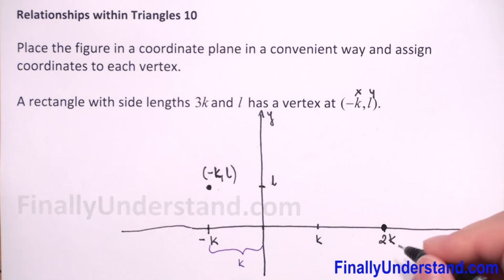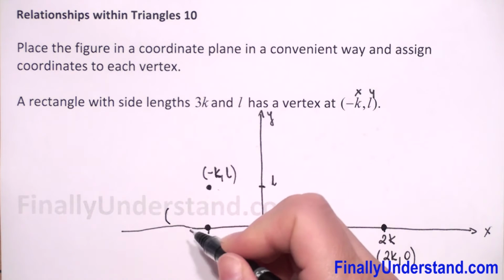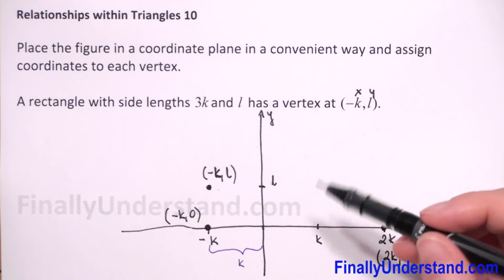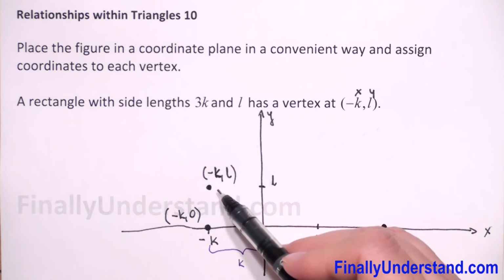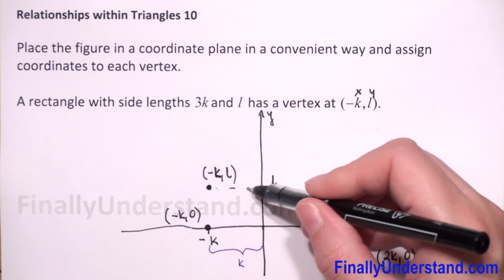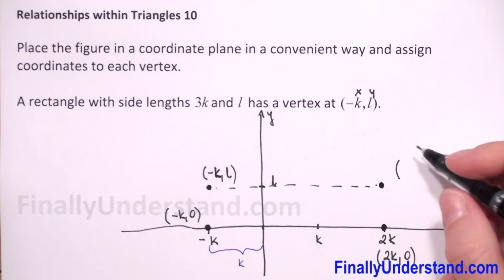Here will be the next vertex, and this point will have coordinates (2k, 0), because on the x-axis the second coordinate is always 0. And this point will have coordinates (-k, 0), because this is on the x-axis. And now we need the fourth point. We know that a rectangle has two pairs of parallel sides. So the fourth vertex will have coordinates